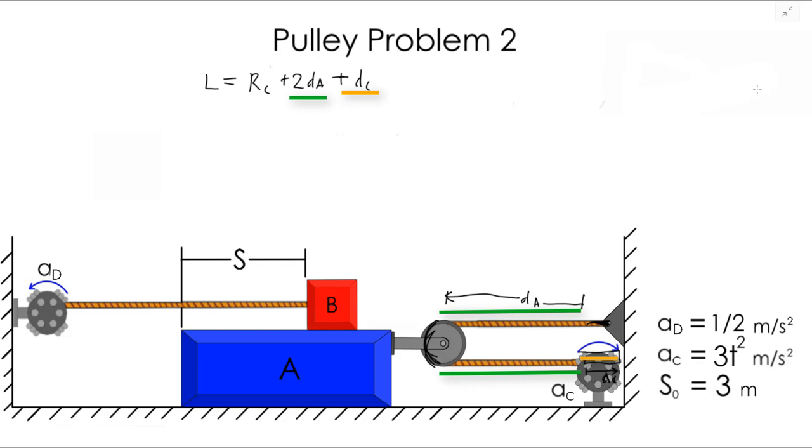Obviously the heavier the blocks are, the less they're going to accelerate. We're not taking that into account, we're just simplifying the problem by giving them accelerations. But anyways, I digress. So L equals